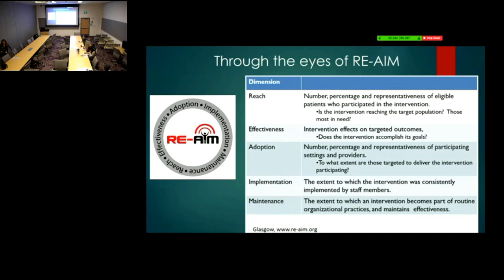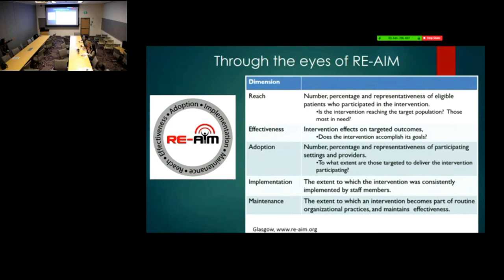The whole idea of doing this stuff is to help your patients be healthier, right? Or at least have a better care experience or something. That's the point of it. So the R and the E are patient level. People get really confused and they think getting providers to adopt this intervention is reach. Nope, that's adoption. All right? So I'm just saying the pure use of RE-AIM. But notice the AIM, this has to do with other stuff.